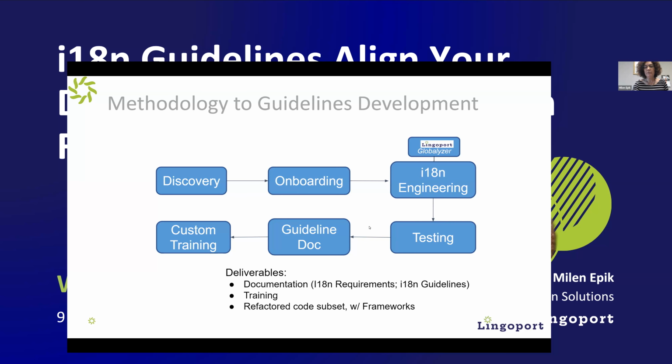Where we get involved, what we see is organizations come to us because they don't have the necessary expertise or they don't have the bandwidth. So coming in and not knowing your particular application, we like to start with a discovery. We want to know what the application is about so we can think about the type of internationalization issues that may happen. The discovery starts with a demo to understand the application, but then we move on to understanding